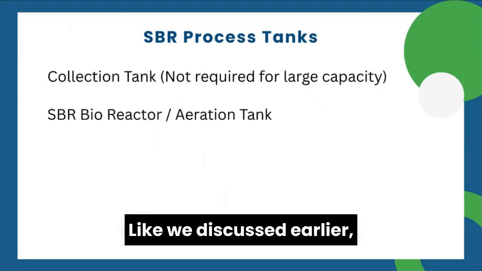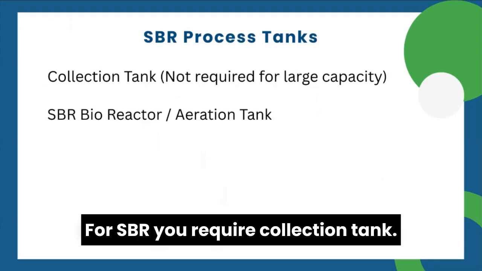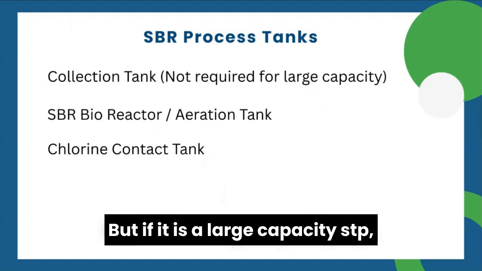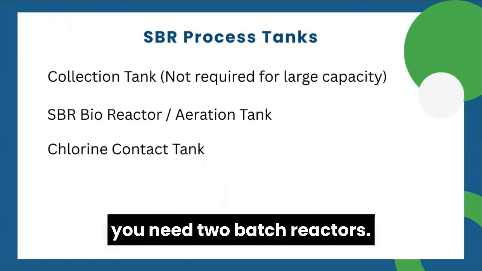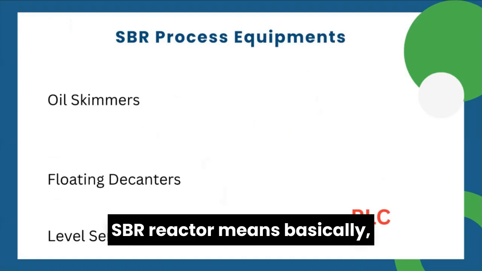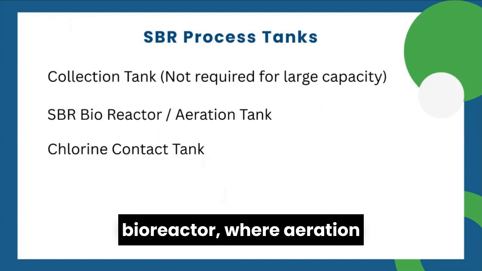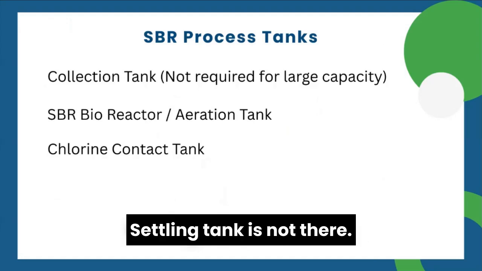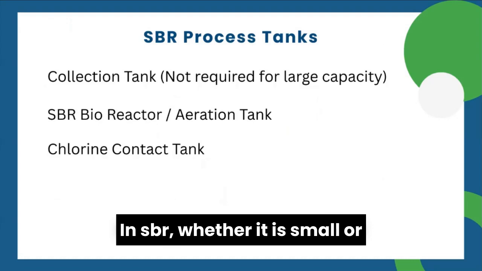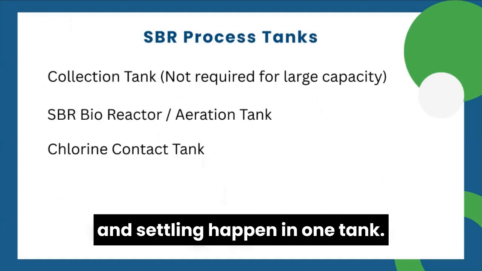Like we discussed earlier, what are the process tanks? For SBR, you require a collection tank, but if it is a large capacity STP, you don't need a collection tank. You need two batch reactors. SBR reactor means basically a bioreactor where aeration is taking place. And there is a chlorine contact tank, right? Settling tank is not there in SBR, whether it is small or big,